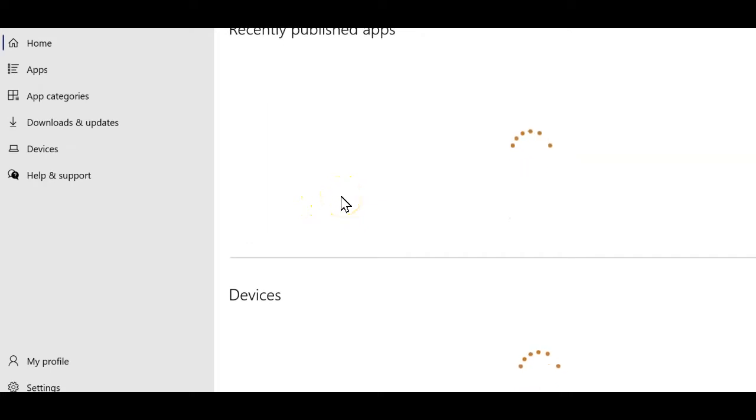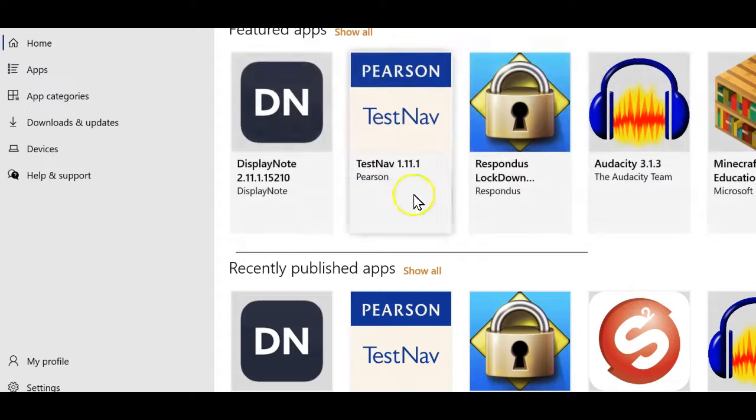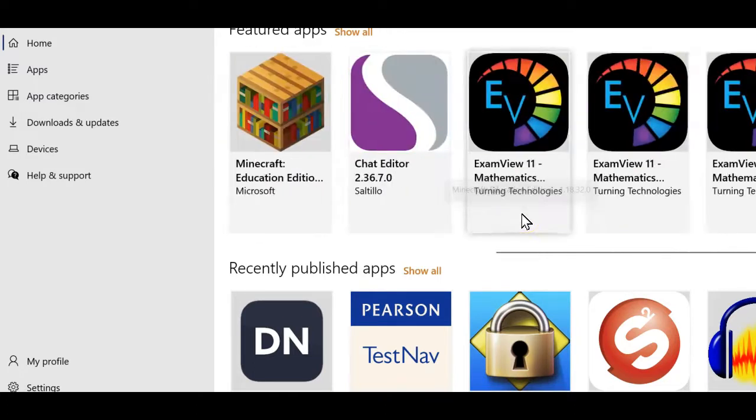When it opens, you shouldn't have to use administrator privileges or anything to open it, because this was given to you on your student portal. This is a teacher portal, so what I'm going to do here is, let me move